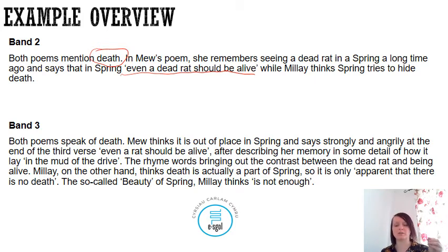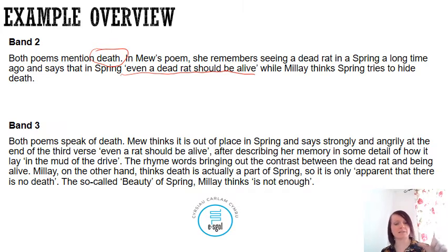So the focus is on springtime, that a rat should be alive, any creature should be alive. She describes it, and the candidate doesn't touch upon that, as a God-forsaken thing, suggesting that even the most dreadful and seemingly insignificant creatures should be allowed to live in the spring. So the focus on spring there is that spring is the time of birth, a time of life,